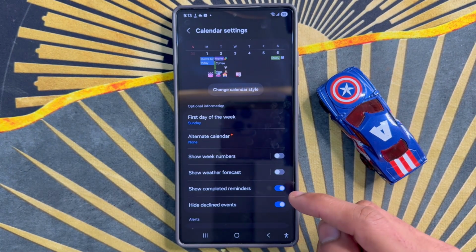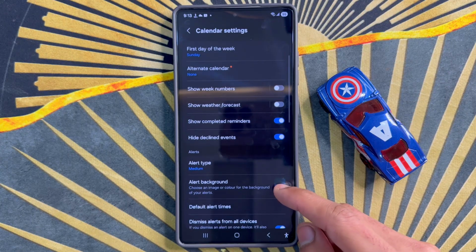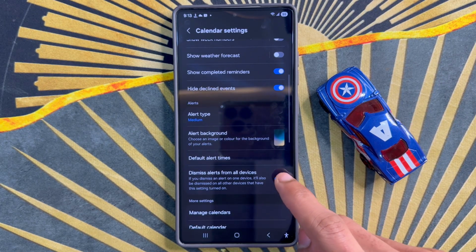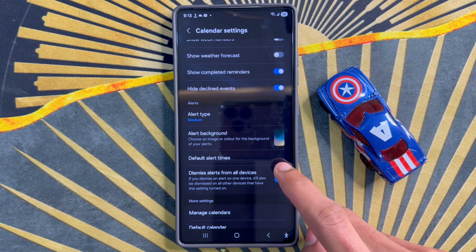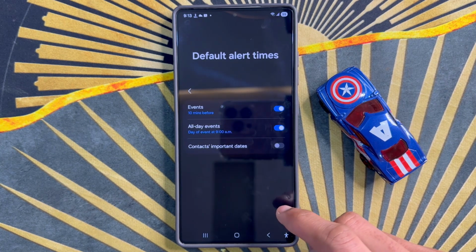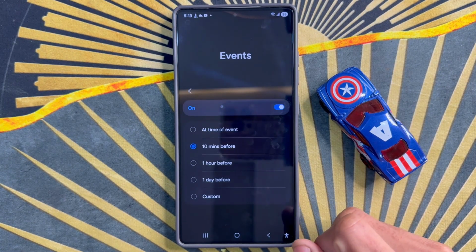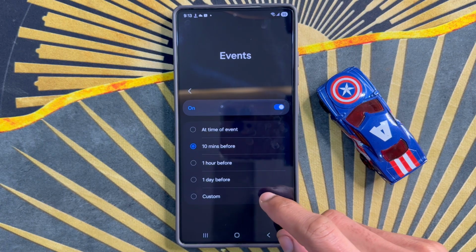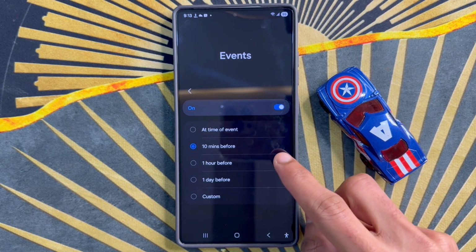Now in Calendar settings, scroll down and click on Default Alert Time. After clicking on default alert time, you will see Event here. After clicking on Event, if you want to set calendar event default alert times, you will see 10 minutes